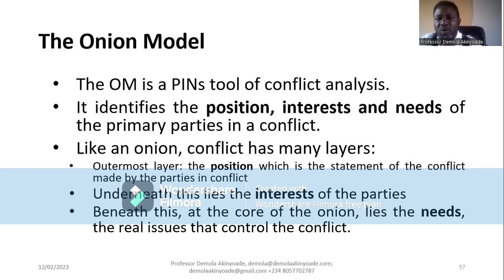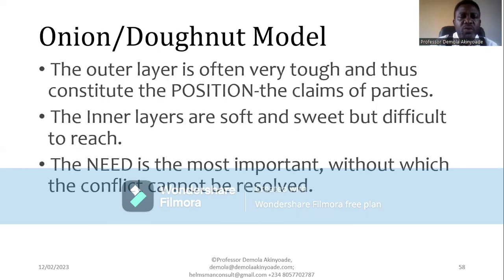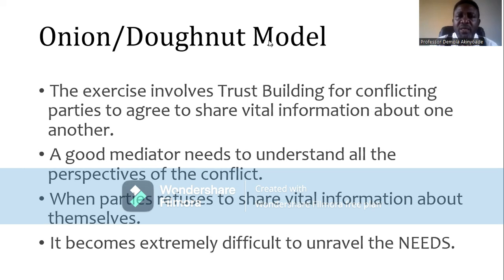And this is where you want to know, is it basic human needs? Need for recognition, need for security, need for this. You know that unless those needs are met, this conflict will not be settled. The donut model gives us the tool to get to the level of interest and to the level of needs. You see, and like we were saying in communication yesterday,